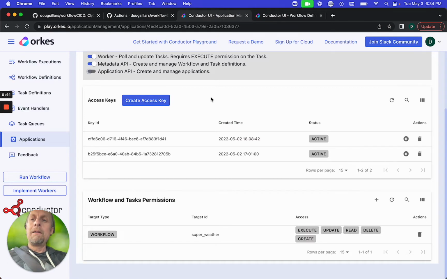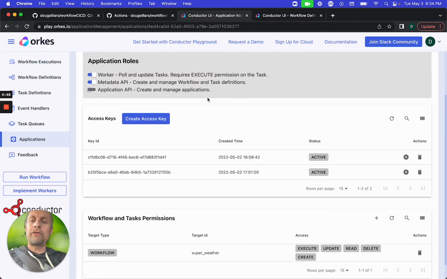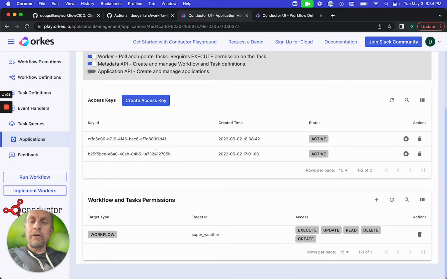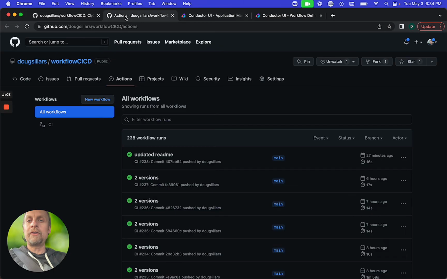Now, the Conductor playground has access control. And so I need to use the metadata API role to allow this application to create and manage workflows because I'm updating a workflow. I've created some access keys, which I have stored securely. And those are stored securely inside GitHub,